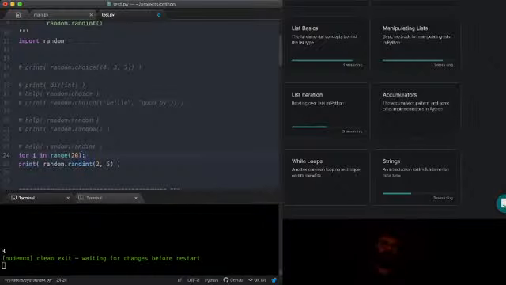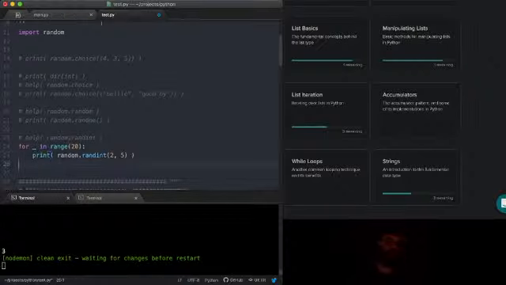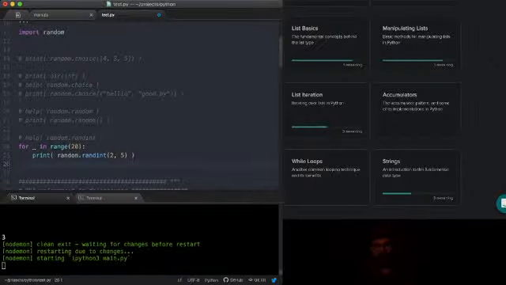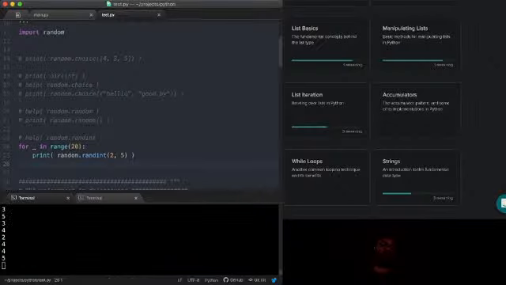And I don't need i here. I'm just going to do underscore. So for underscore in range 20, print random.randint between 2 and 5. And this will call it a bunch of times, and we'll be able to see, does it include the upper and lower bound or what, right?